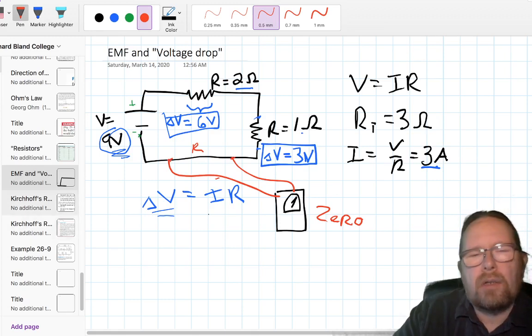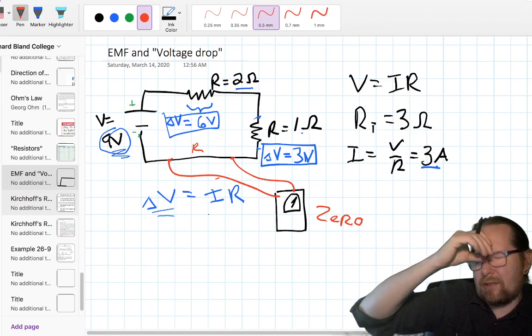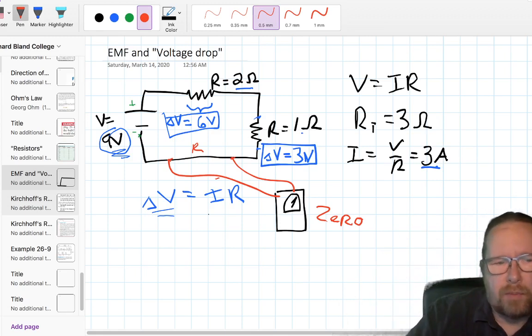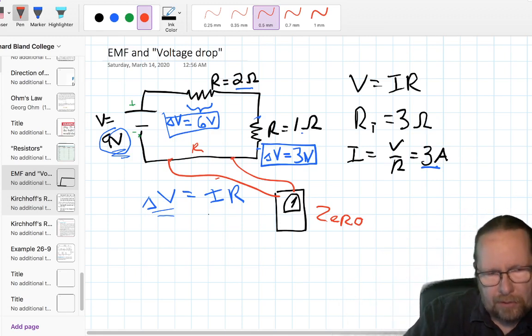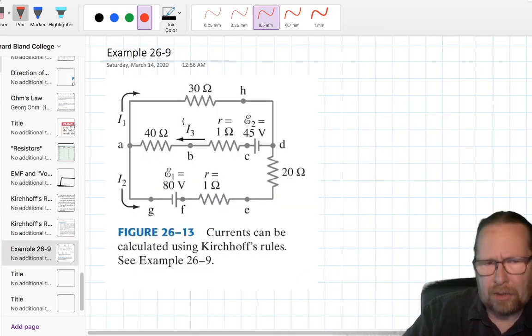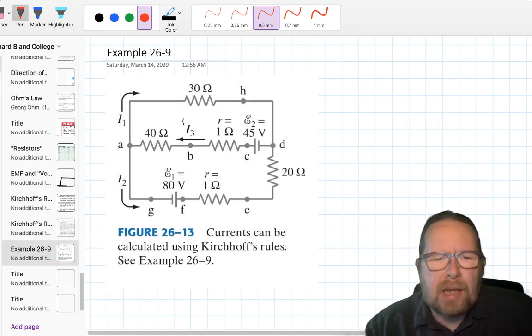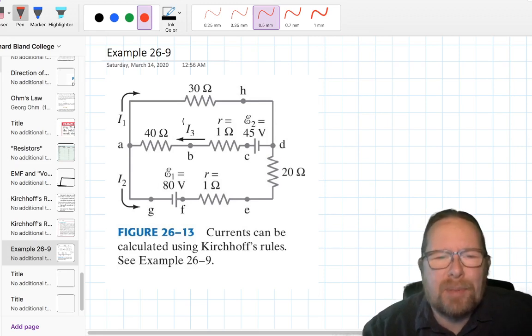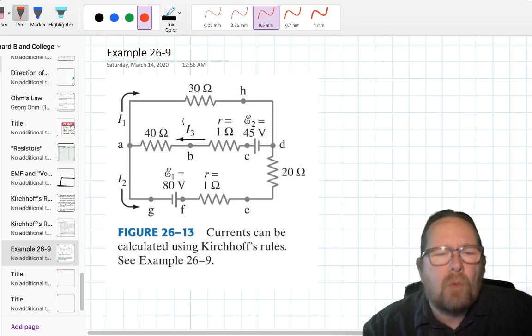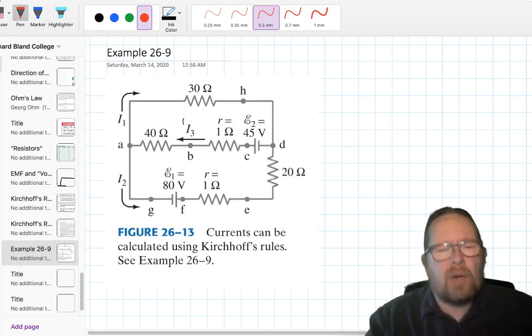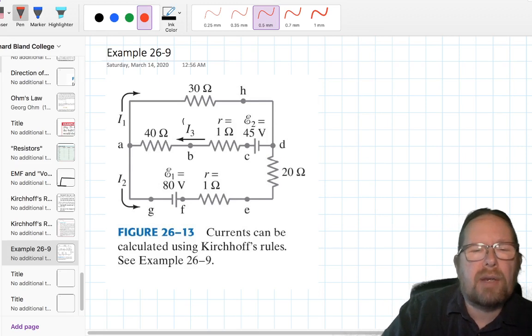This is all a tool then in describing circuits with a more complex configuration. I'm actually going to skip ahead a little bit. Imagine we had a circuit that looked like this. This is example 26.9 in your book. I'm kind of stunned that it starts with such a complicated example, but there you have it. We've got a circuit with 1, 2, 3, 4, 5 resistors. We've got a circuit with an 80-volt battery and a 45-volt battery. And we're asked to figure out what is the current through these various branches